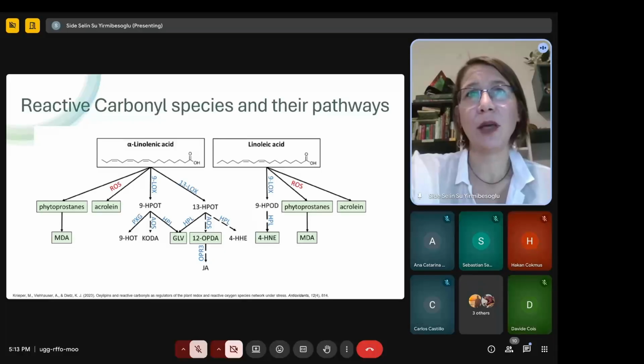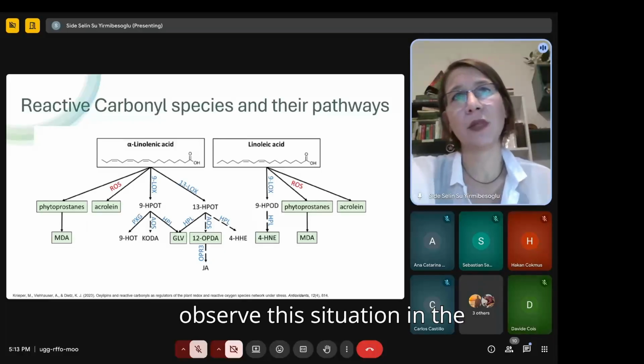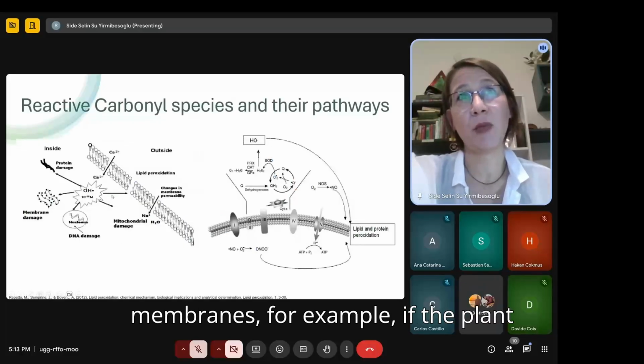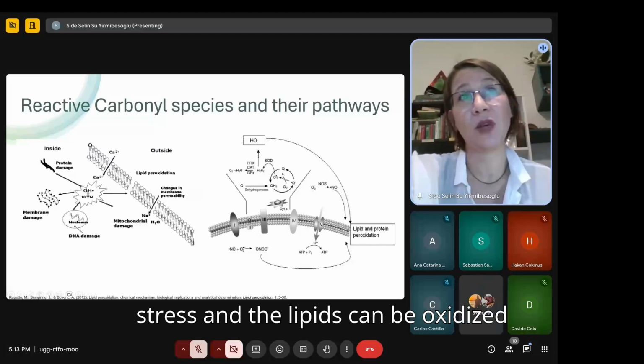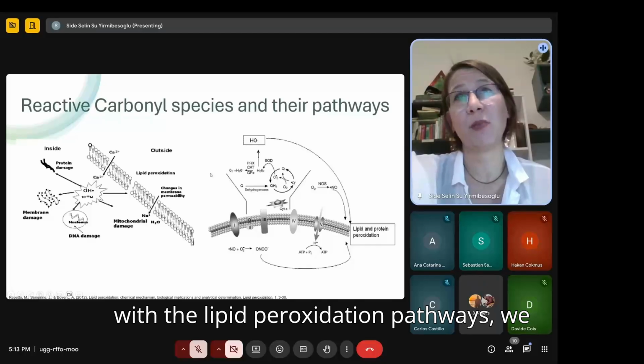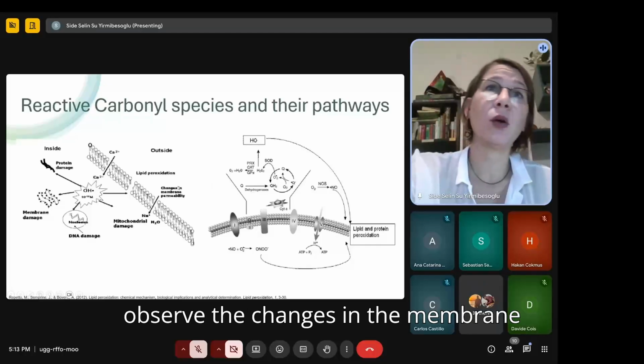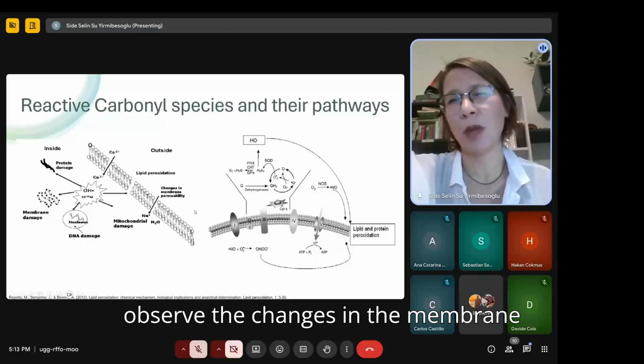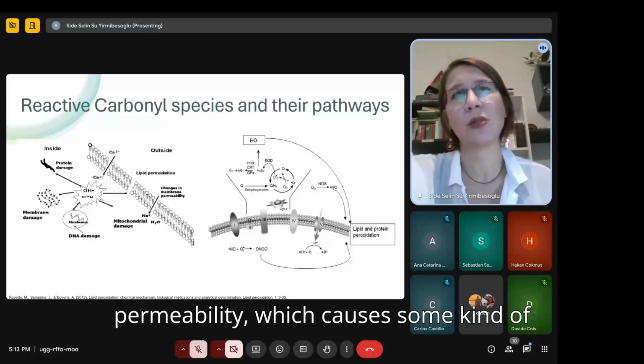So if we observe this situation in the membranes, for example, if the plant is stressed and the lipids can be oxidized with the lipid peroxidation pathways, we observe the changes in the membrane permeability,